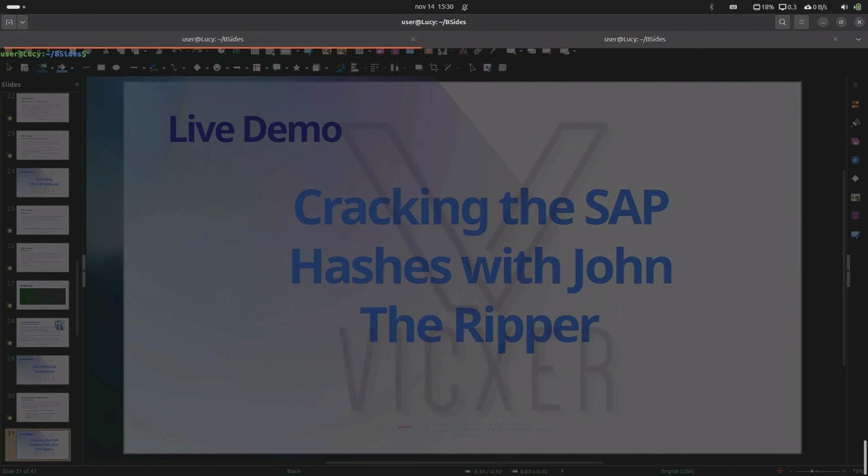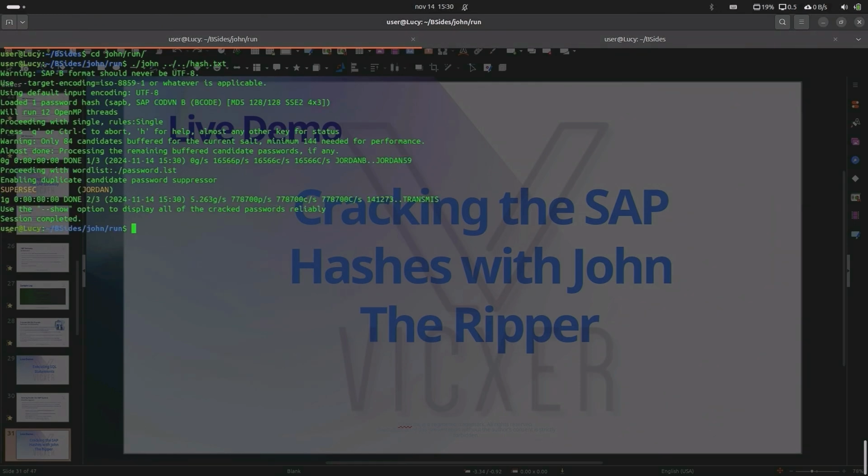So once you have that, you pretty much go and invoke John the Ripper. For most of the hashes, John is smart enough. It will recognize that these are hashes from SAP. You choose pass the hash. As we are targeting BCODE, you saw that it's just like that. The password is up to 8 characters long, so it's really easy to crack. The higher you go in terms of the hash, well, it takes more and more time, obviously. So pretty much, you have the user Jordan with the password supersec.